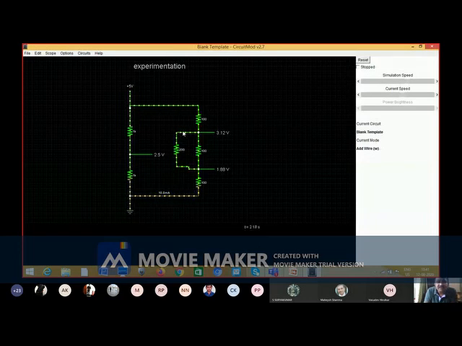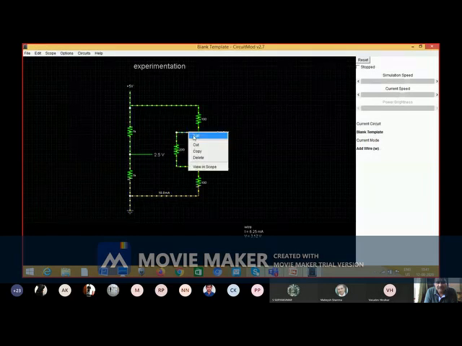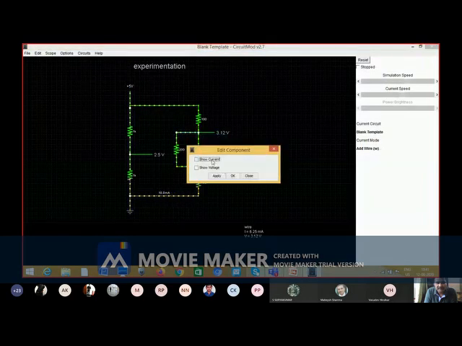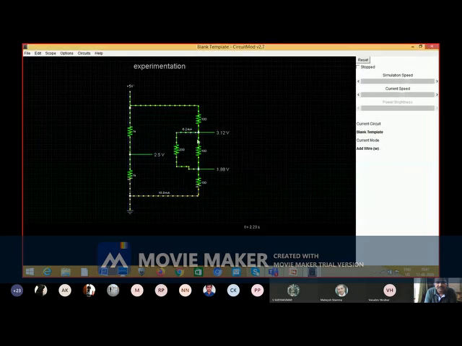So you can add extra wires between these nodes and know the exact current flowing through the branch. You can see 6.2 milliamp flowing through this 200, and the current flowing through this branch is 18.8 milliamp, correct?